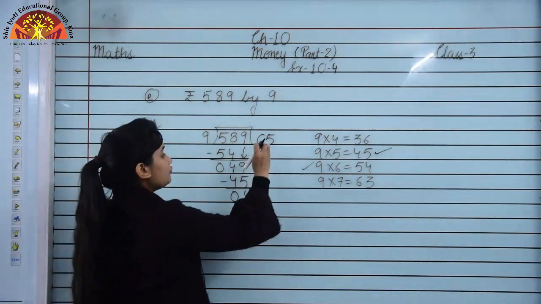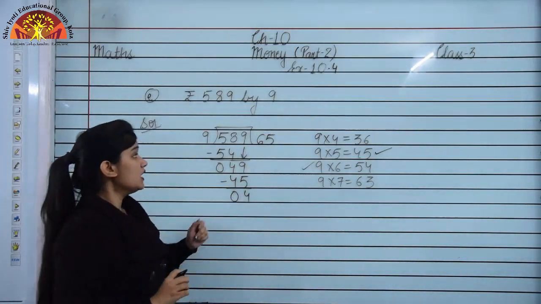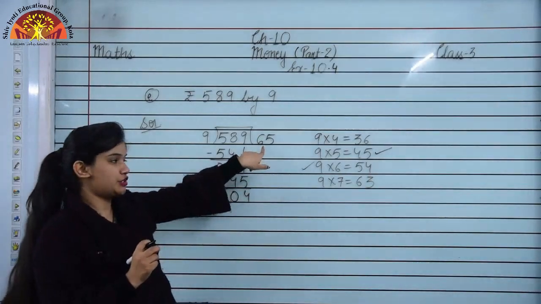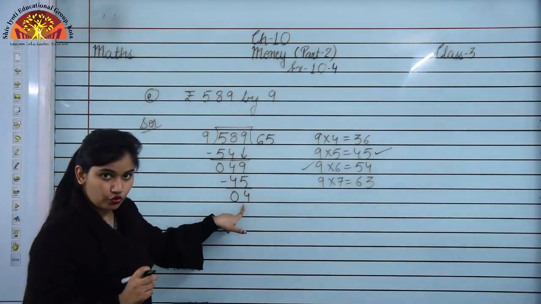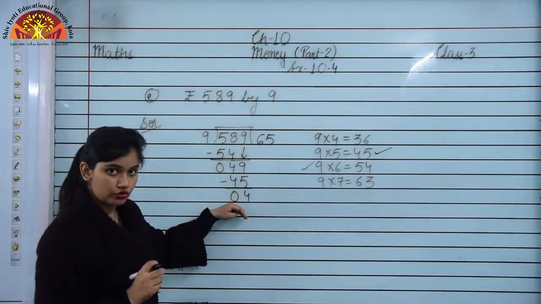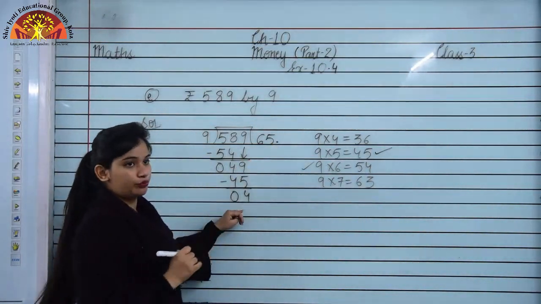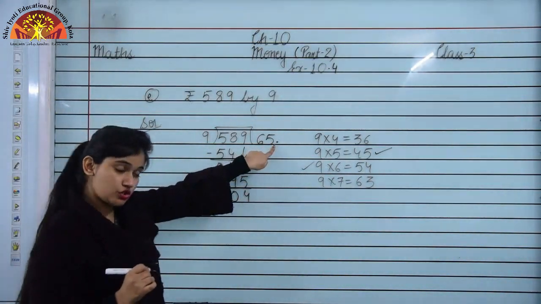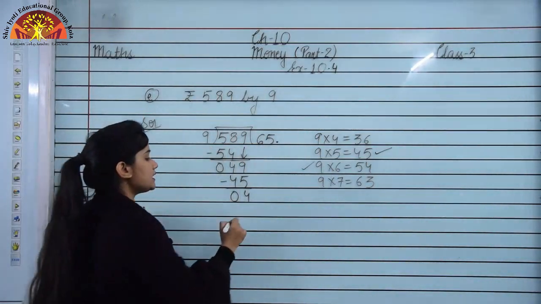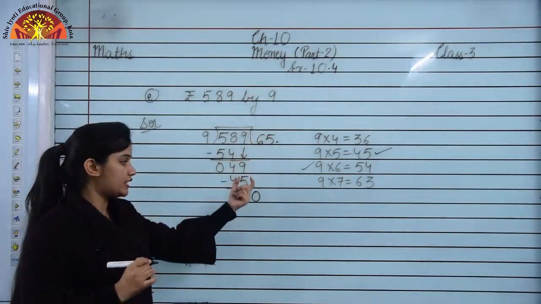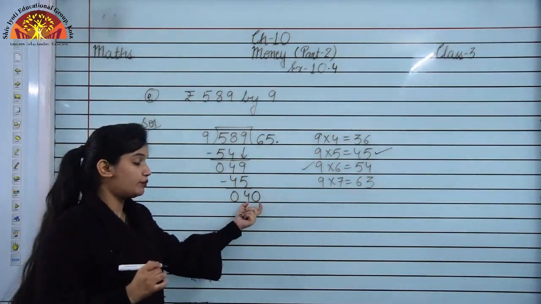So now what we have to do here, students, in this type of division we have to put a dot in quotient. Remainder is 4, we are not able to divide it anymore, so now we have to put a dot. हम यहाँ क्या करेंगे, एक dot put करेंगे. Now this dot is coming here, it means we can take 0. इस dot का meaning क्या है? Now we can take 0 here. Okay, now this will be 40.